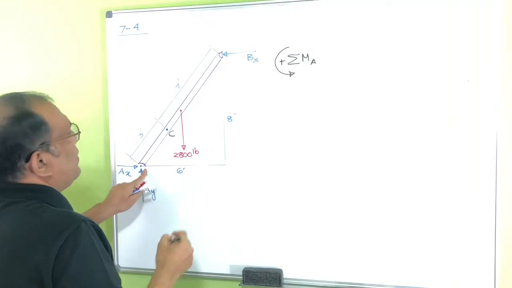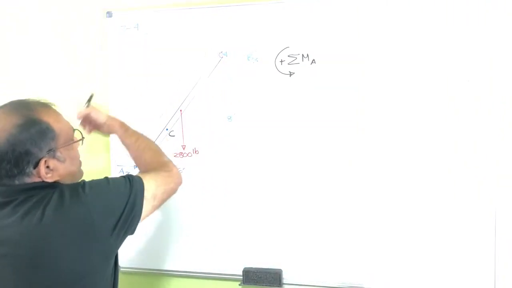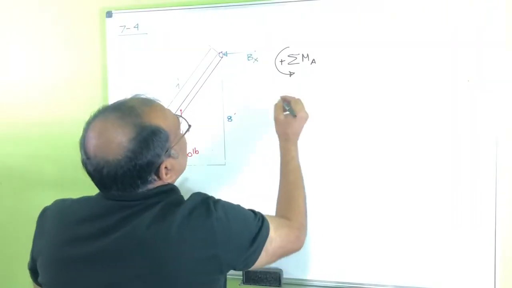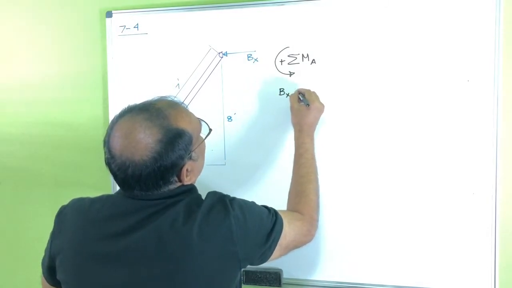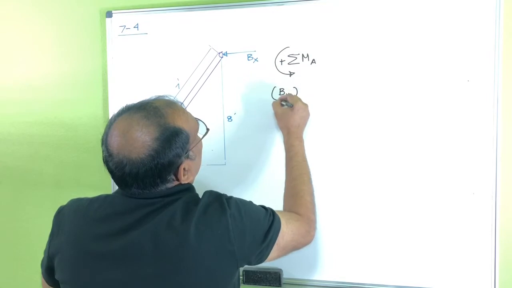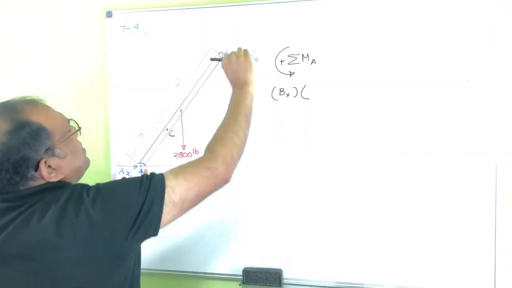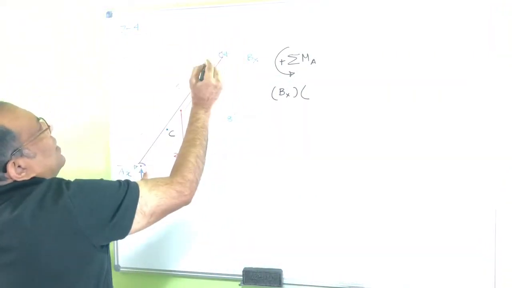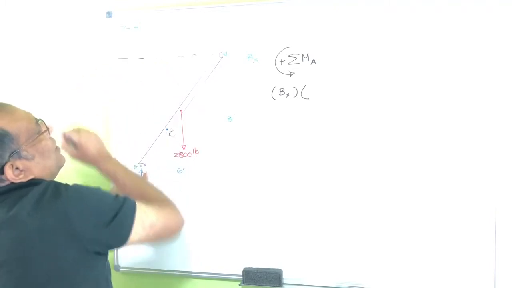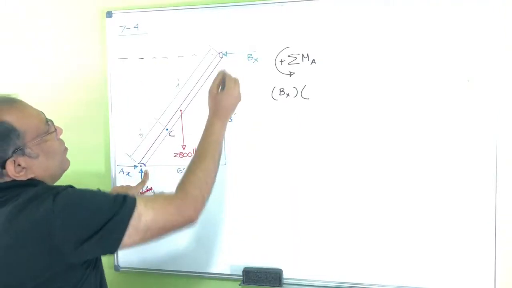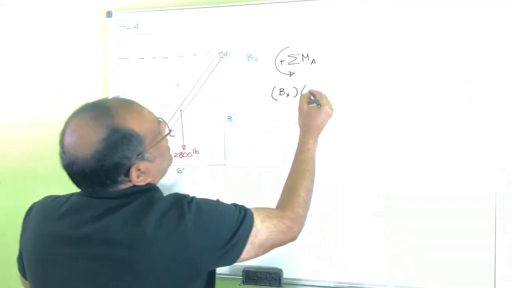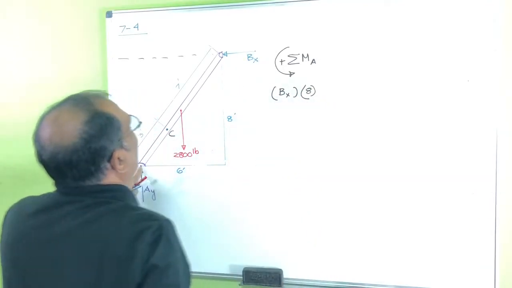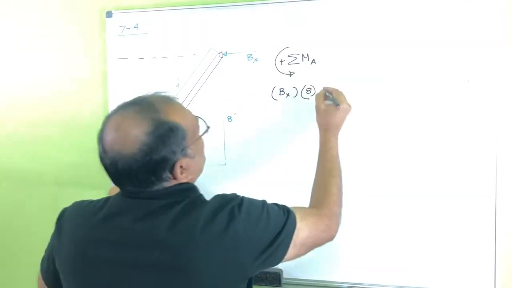So you can see if I take a moment here, then B is counterclockwise. So Bx multiplied by the distance. So this is the line of action of that force Bx, and from here to here is 8 feet. Okay, then I can take this one minus